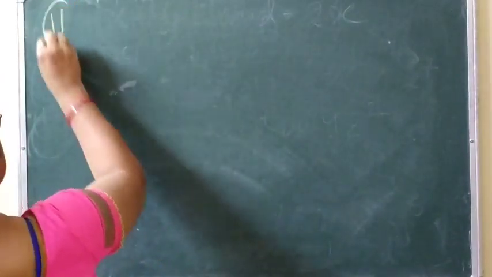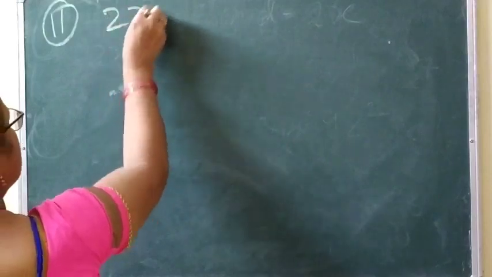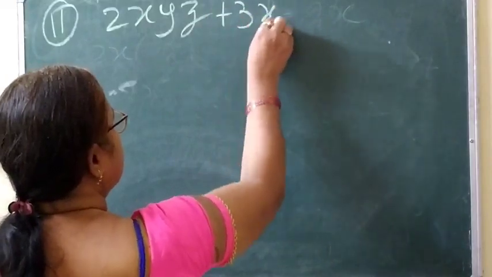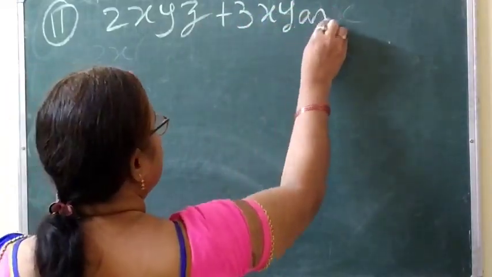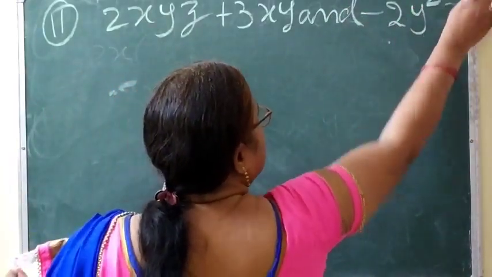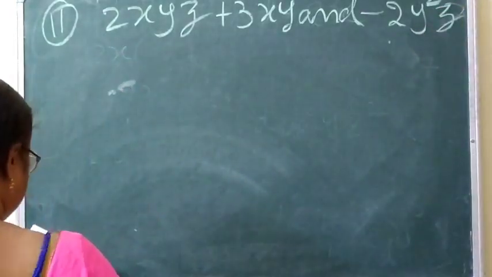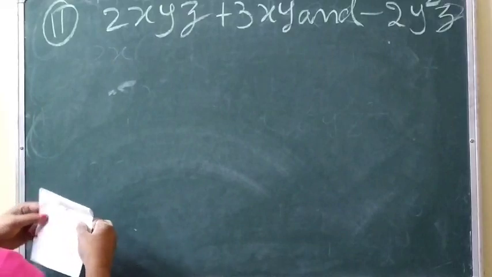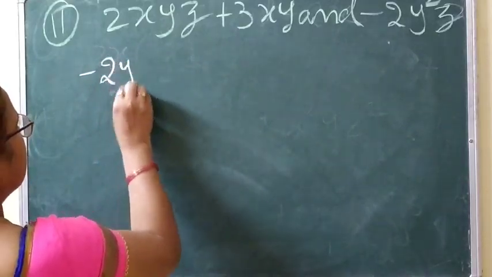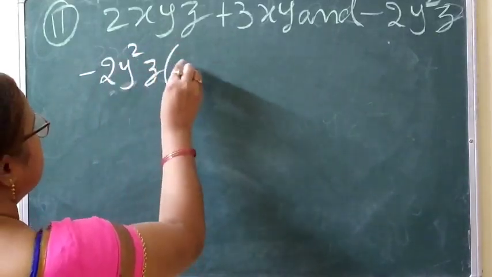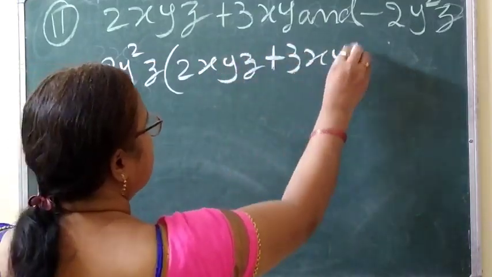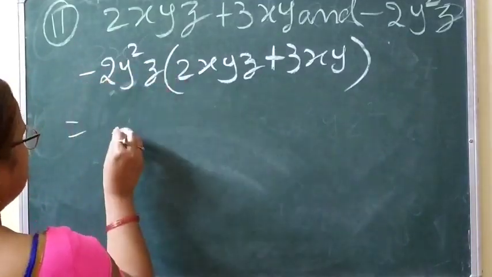Question number 11. Question number 11 is 2xyz plus 3xy and minus 2y square z. Okay? You have to multiply this one. So first we will write here minus 2y square z. Then inside the bracket 2xyz plus 3xy. Now multiply. So minus into plus, minus